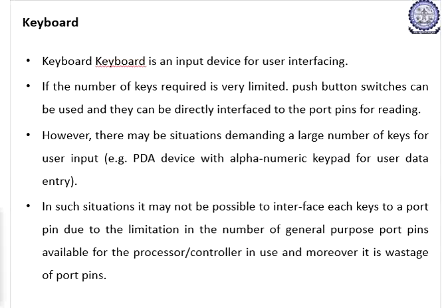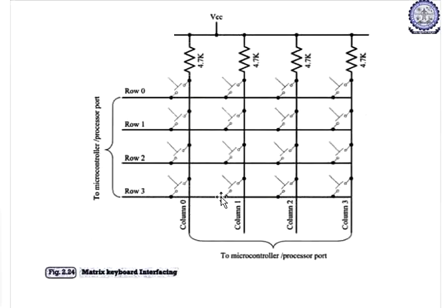The next I/O subsystem is called a keyboard. The keyboard is an input device for user interfacing. Here the keyboard is nothing but switches. I'll show you an example here. This is the keyboard interfacing. Here 4 rows and 4 columns will be there. Already we have a keyboard interfacing hardware program. In the hardware programming, the columns are all connected to VCC, and the rows are initialized. The switch will be connected in between the contact of row and column.